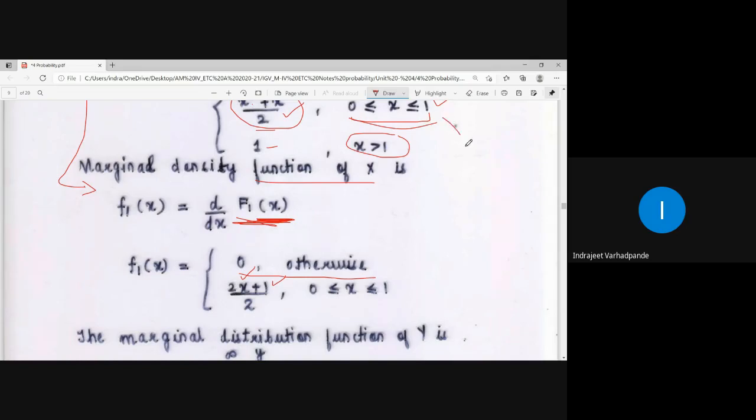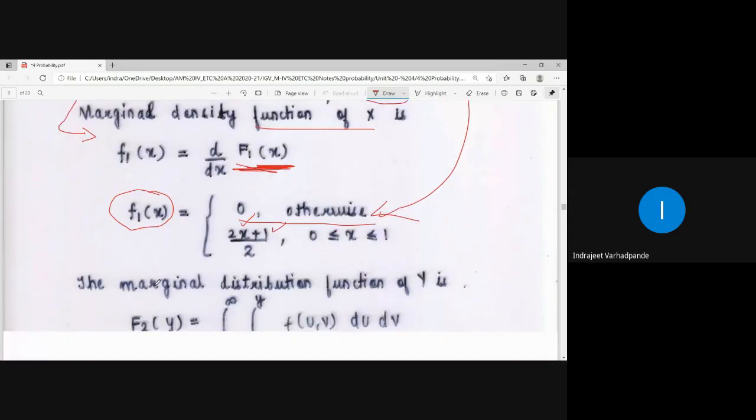So it becomes very simple when you calculate the marginal distribution function, and from that you derive the marginal density function. How is marginal density function given? By small f1 of x, by way of calculating the derivative. In the case of a discrete random variable, this marginal density function is called the marginal probability function, which is the additional column we generated by taking the sum of entries in the row.